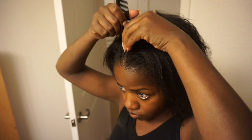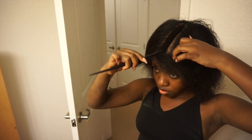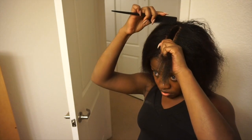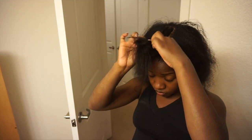Okay, so I'm starting off by just parting my hair down the middle because I want to wear a middle part with this look. So I'm parting it down the middle, and then I'm just going to part out the leave out surrounding my middle part. And then I'm just going to braid that up so it's out of the way and it doesn't get caught in with the hair that I'm braiding to sew on the